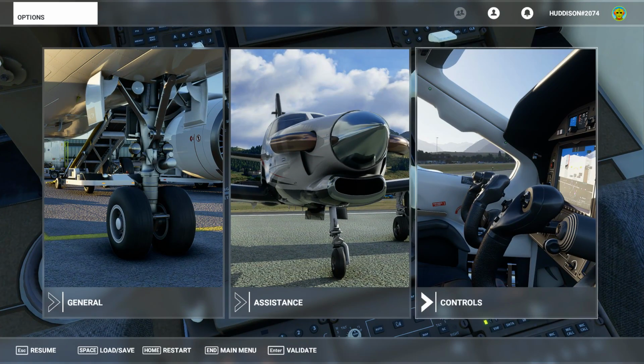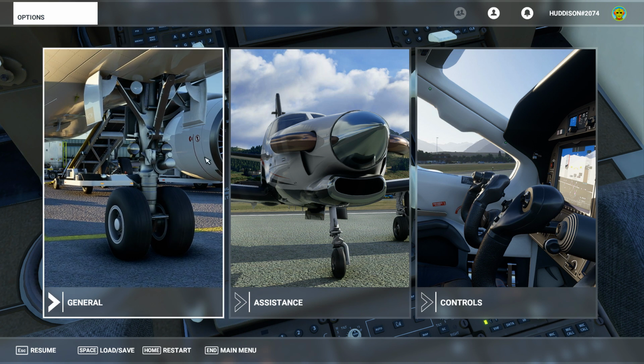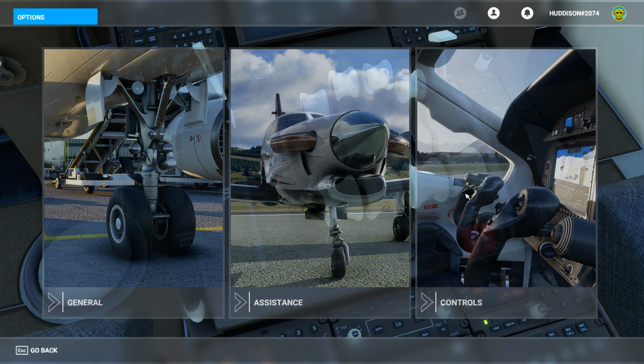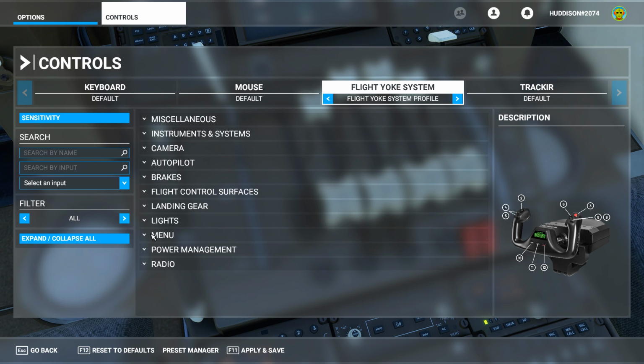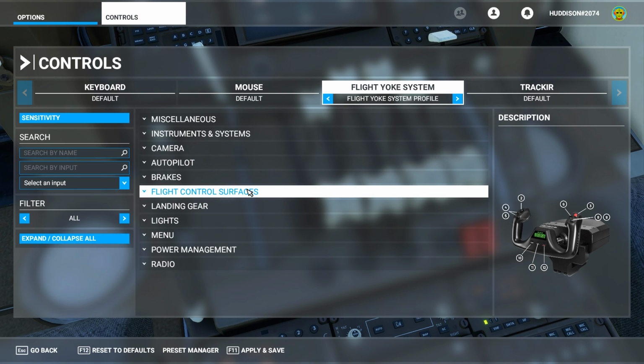Okay, so to set your flaps and speed brake, you want to press escape and go into options. You can do it in flight or on the main menu. Just go into the options, go to controls, and you want to ensure that you're on your flight yoke system or your controller system, whatever you're using. I'm obviously using the Logitech flight yoke system, so I've selected that. You want to go to filter, move that to all,